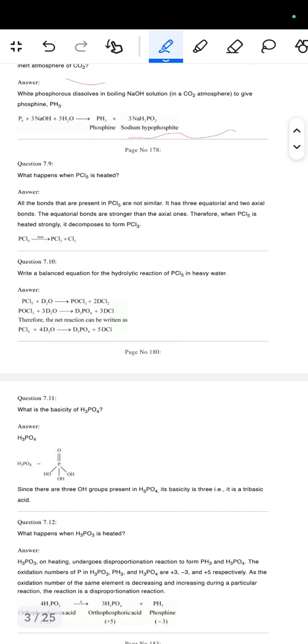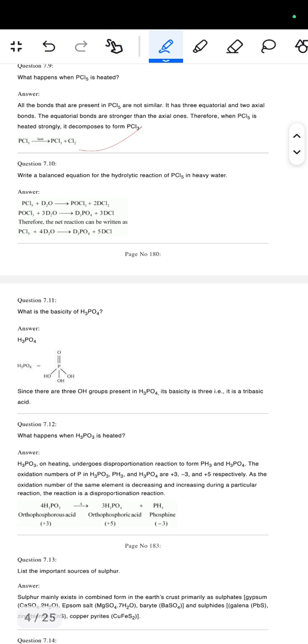नेक्स्ट है कि what happens when the PCl5 is heated? So all the bonds that are present in the PCl5 are not similar. It has 3 equatorial and 2 axial bonds, the equatorial bonds are stronger than the axial bonds. Therefore, when PCl5 is heated strongly, it decomposes to form the PCl3. तो PCl5 को हीट करेंगे तो PCl3 plus Cl2 बन जाएगा।